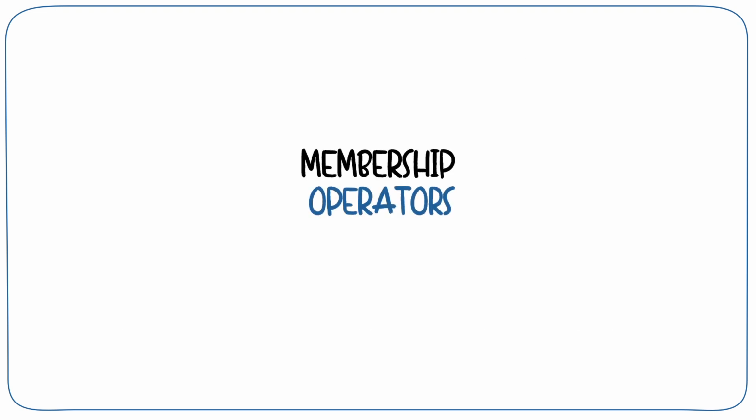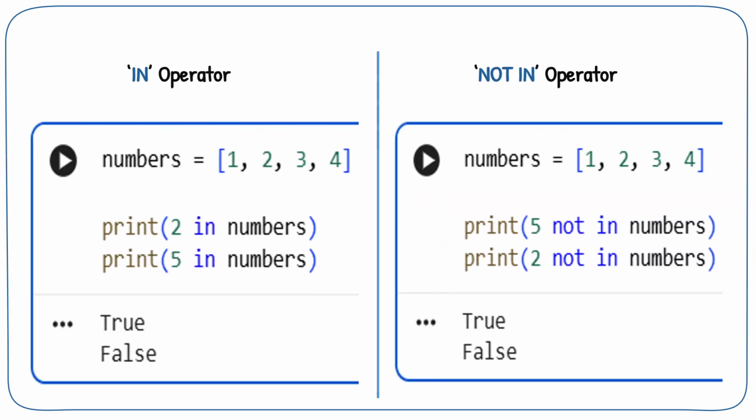Now we will be discussing the membership operators. The membership operators are useful to test for membership in sequences like strings, lists, tuples, dictionaries. For example, whether an element is found in a sequence or not can be asserted using these operators. There are two membership operators, which are in and not in. The in operator works like this: if the element is found in the specific sequence, then it returns true, and if not found, then it returns false. The not in operator works in the reverse manner. It returns false if the element is found in the sequence, and it returns true if the element is not found in the sequence.